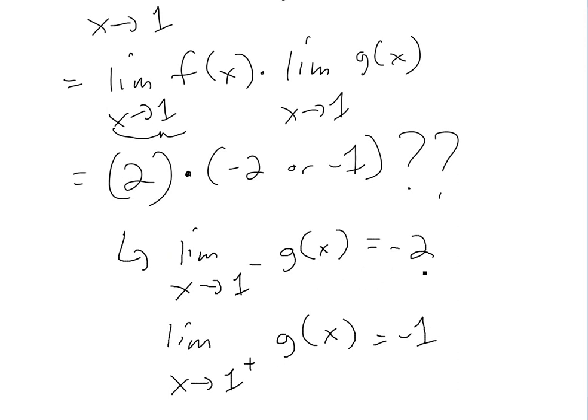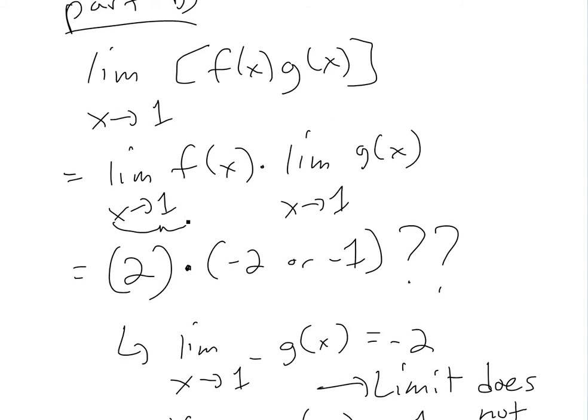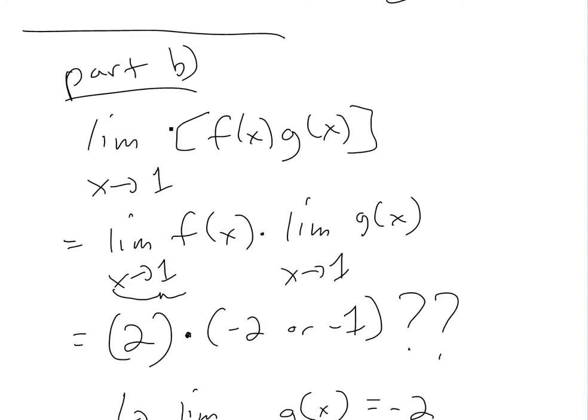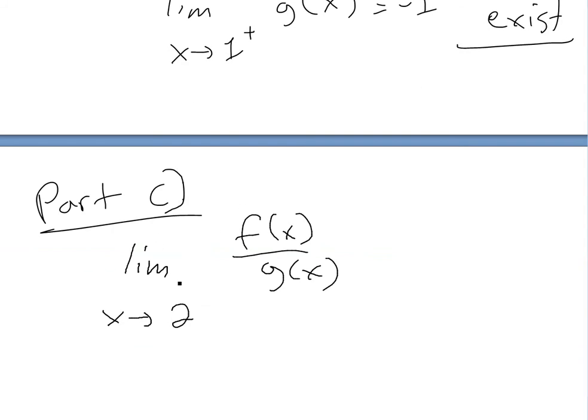Thus, these are just one-sided limits that are not equal, so the limit does not exist. And also, since you're multiplying a limit by something that doesn't exist, for part B the answer is basically that the limit does not exist. So now if we look at part C, basically the limit as x approaches 2 of f of x divided